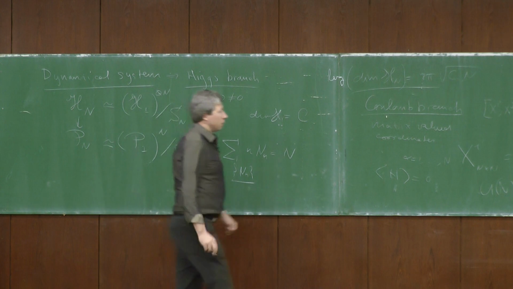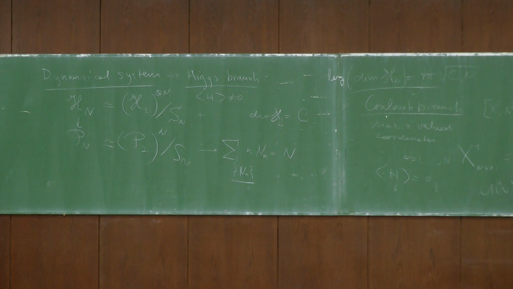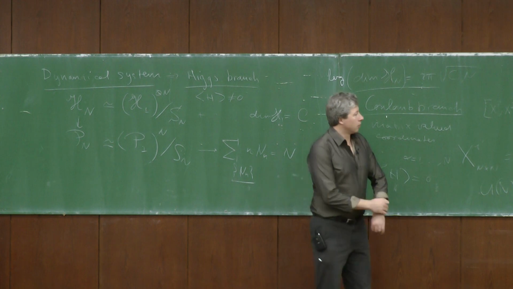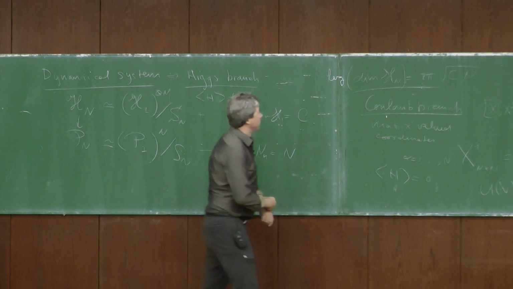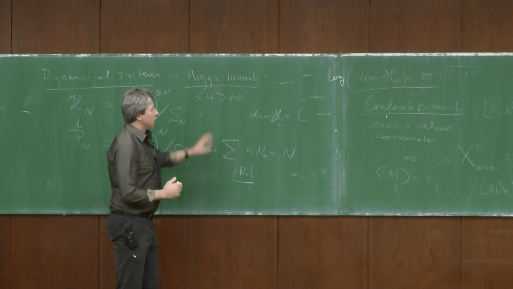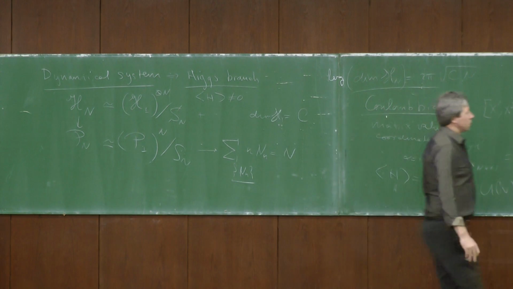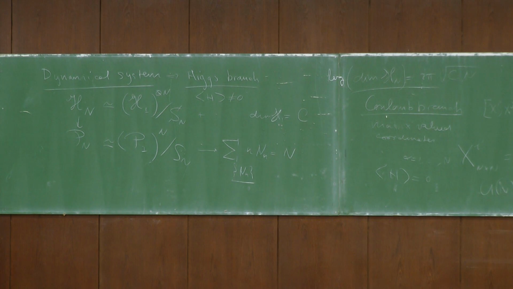So let me make that more clear by going through a thought experiment. I'm going to think about a black hole. We have a black hole and we want to describe this microscopically in terms of the Higgs branch variables. So I'm going to say this is described by a set of variables, and I'm actually going to think about really very much a string kind of setup. So this is described in terms of the Higgs branch.